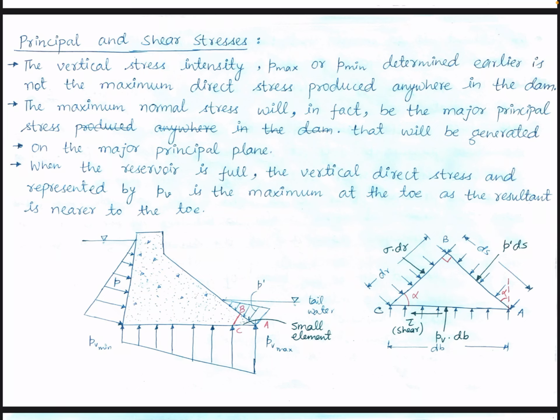Then we have seen the combinations, because at the same time these forces are not all going to act simultaneously. So for that we have seen two different cases. First was the reservoir full case, and second was the reservoir empty case. For those two conditions we have seen the various combinations, the normal combination and the extreme combination, as prescribed by USBR. So this we have seen until now.